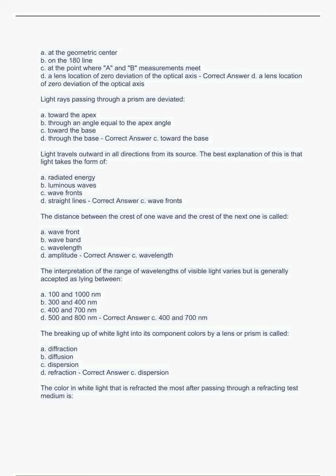The interpretation of the range of wavelengths of visible light varies, but is generally accepted as lying between A, 100 and 1,000 nanometers, B, 300 and 400 nanometers, C, 400 and 700 nanometers, D, 500 and 800 nanometers. Correct answer C, 400 and 700 nanometers. The breaking up of white light into its component colors by a lens or prism is called A, diffraction, B, diffusion, C, dispersion, D, refraction. Correct answer C, dispersion. The color in white light that is refracted the most after passing through a refracting test medium is